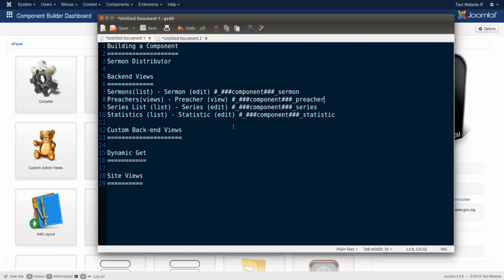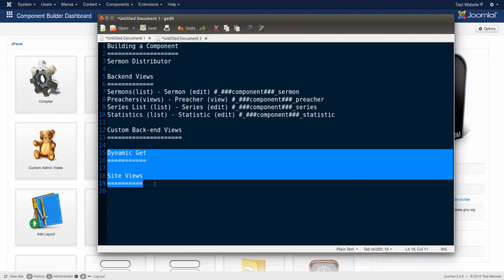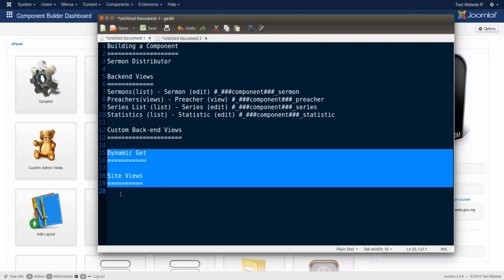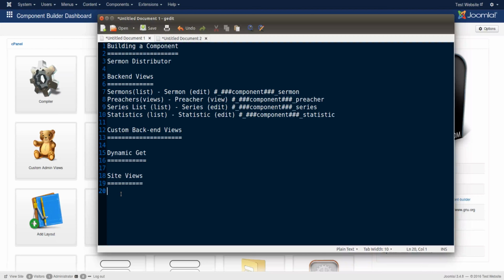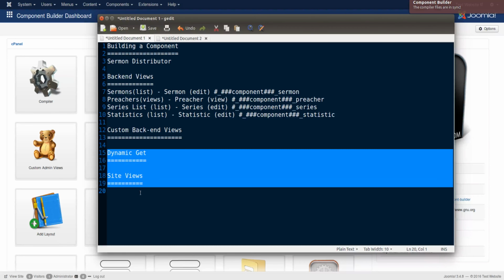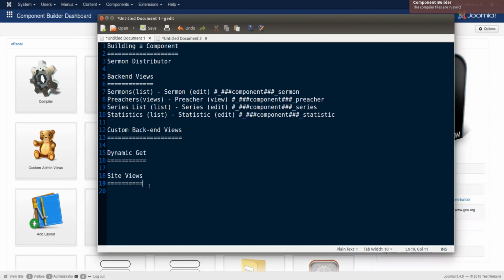Your frontend is much more dynamic, and that's why we also have a dynamic get concept which links to site views, which is the front of your component. These things will take quite a lot of explanation. If you're new to coding and PHP and all that, and JavaScript, CSS, you'll possibly get lost. But if you're not, you'll be very happy in the way we've implemented, because it leaves you with a lot of dynamics and maneuverability,